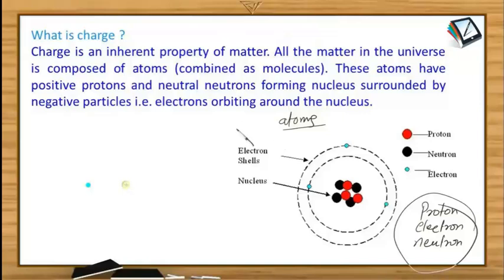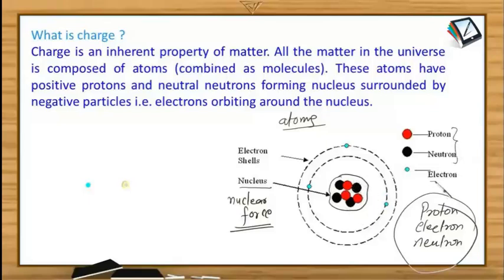atom. Basically, there is one portion inside the atom which is known as the nucleus, and protons and neutrons are together there inside the nucleus. These protons and neutrons are held together with the help of one of the strongest forces of nature, which is known as the nuclear force. And the nuclear force is responsible for why the protons and neutrons are held tightly together to form the